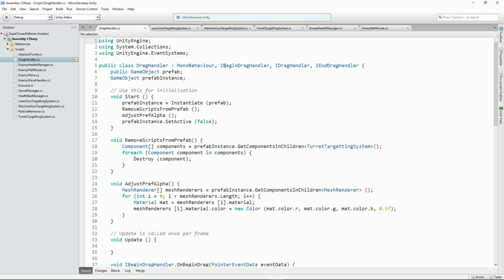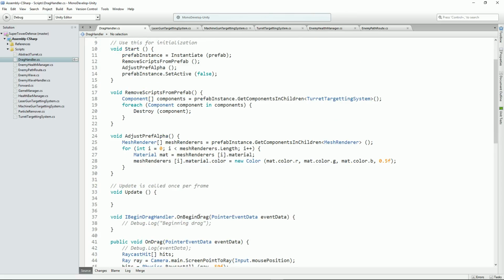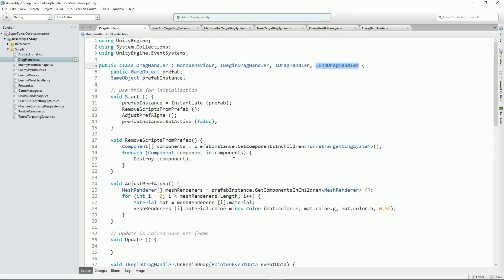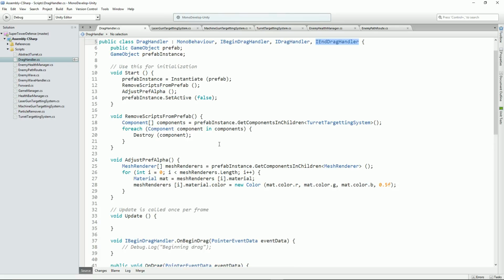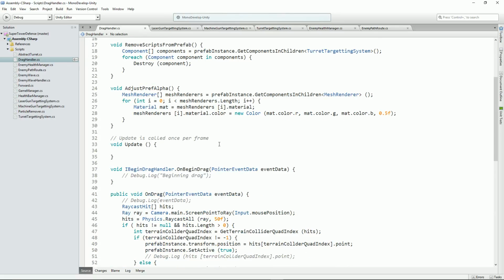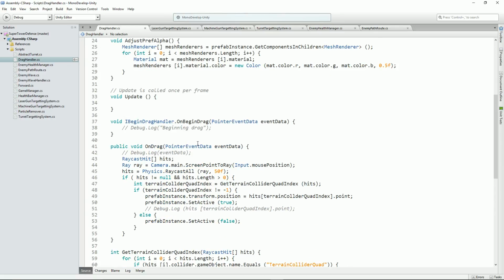All right. In order to handle the drag feature, you need to implement 3 interfaces: IBeginDragHandler, IDragHandler, and IEndDragHandler. As it turns out, I don't think I do anything on begin drag right now. All right. Now, in order for this to work, we need to have an OnDrag